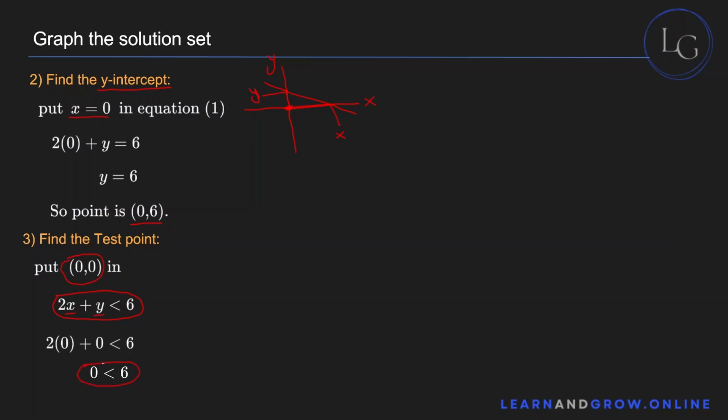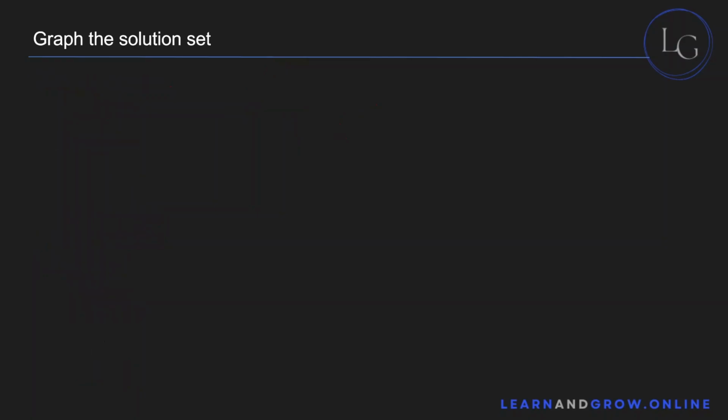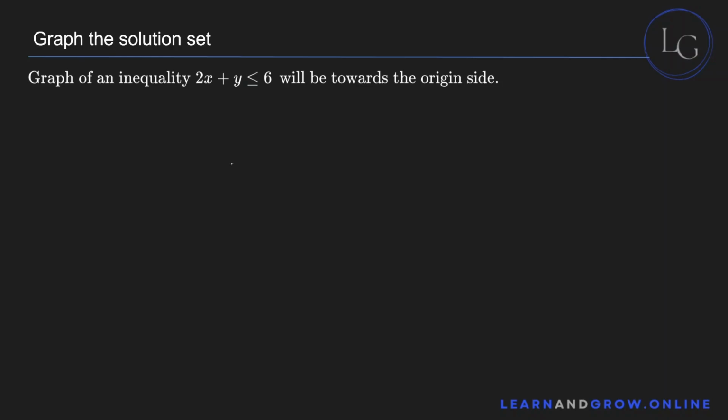Is that true or is that false? Well, that's obviously true. Once you find the result of the test point to be true, that means that you'll have to graph the inequality